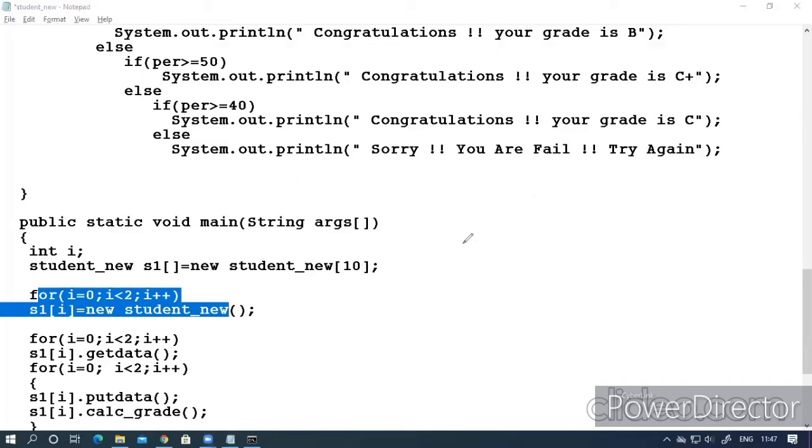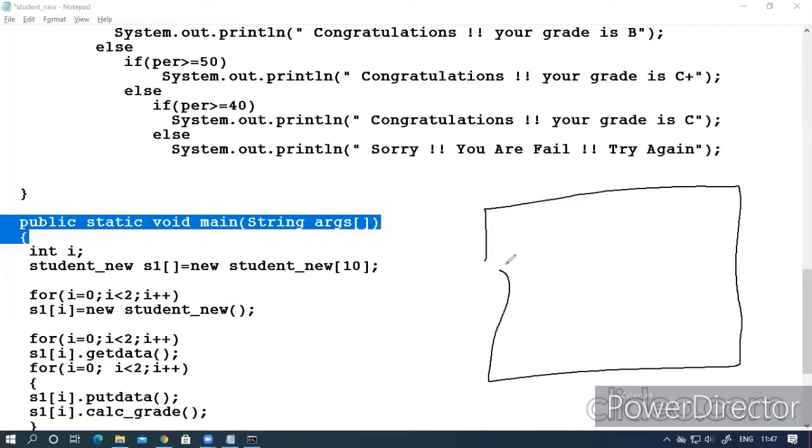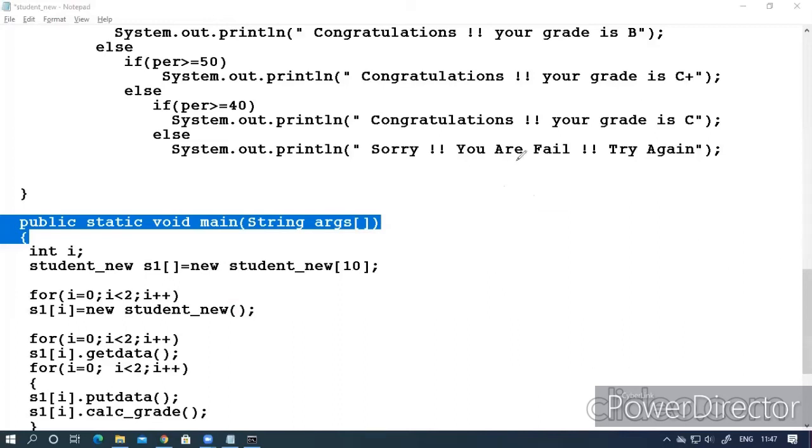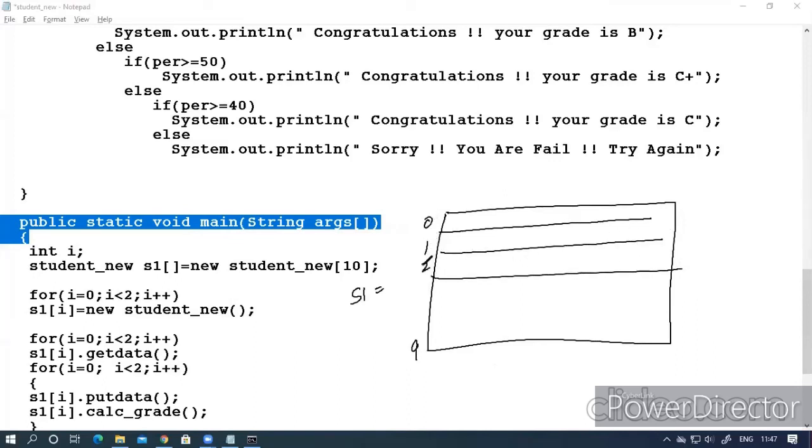If we understand this, it will create an array of S1 having 10 elements, 0 to 9, and each element will consist of whatever members you had declared in it.